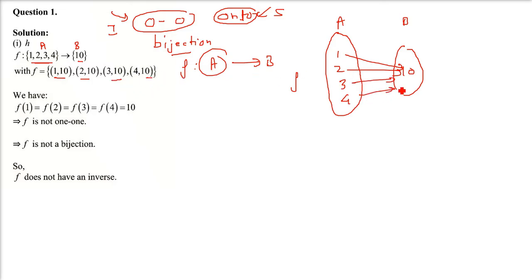First of all, is it 1 to 1? No, 1 to 1 means one-to-one mapping should be there. It is not 1 to 1. And second thing is, it is onto because there is nothing remaining in the set B. When 1 to 1 and onto both are there, then it will be bijective. First of all, it is not 1 to 1. Second, it is onto, but it is not bijective, so we don't have any inverse.